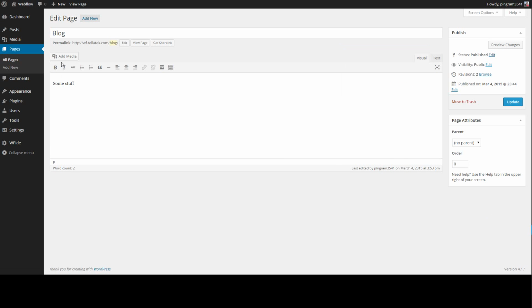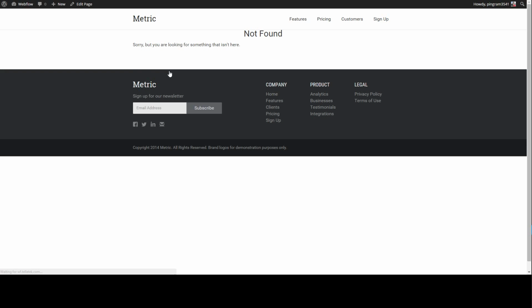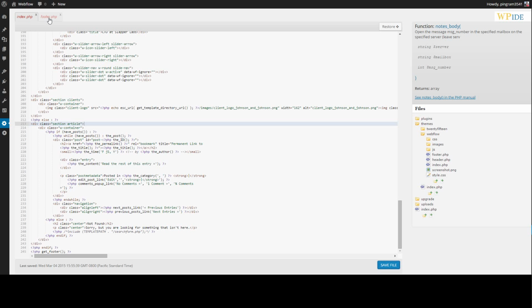Now, because we defined this page in our settings to be the blog page, it's actually looking for posts, and it's going to ignore any content here in this page. So that's why when we view this page, it says that there's nothing found. Also, you'll notice that there's no padding here, so we can easily fix that